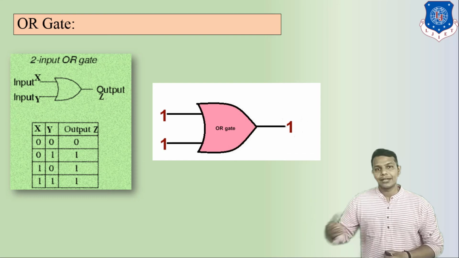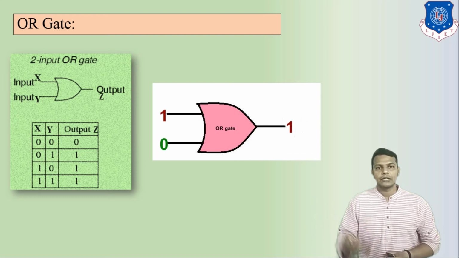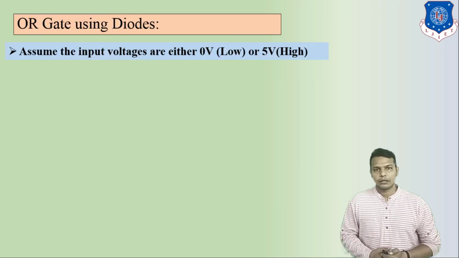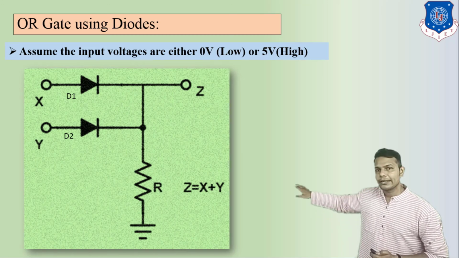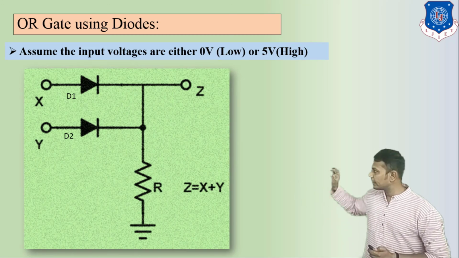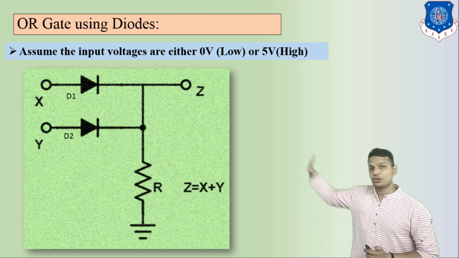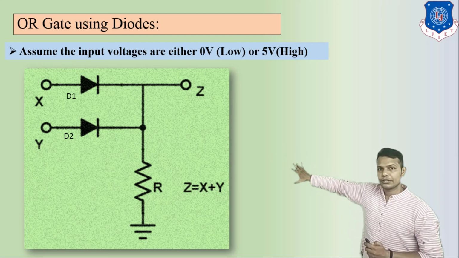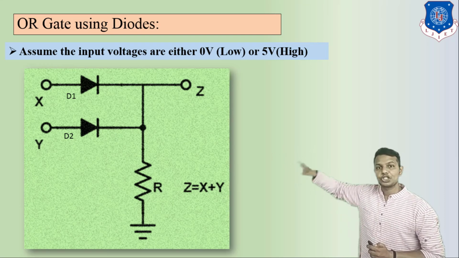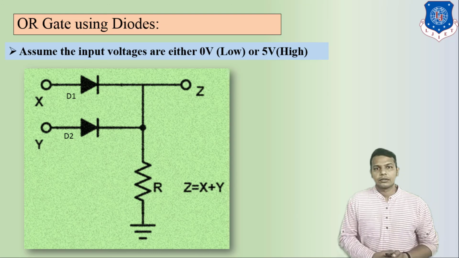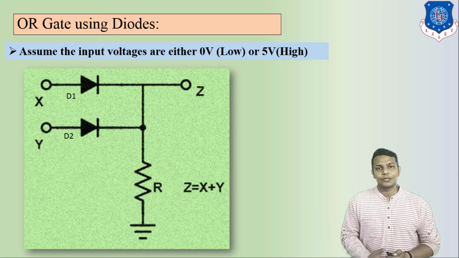So we have to realize OR gate by using diodes. There is a little bit of change of direction. Here we can see the circuit diagram of diode. A, B, here its direction is input to output side. So the direction of diode is changed compared to the AND gate. Now similarly we are going to apply 0 0, then you will get 0, then we will apply 0 1, 1 0 and 1 1.